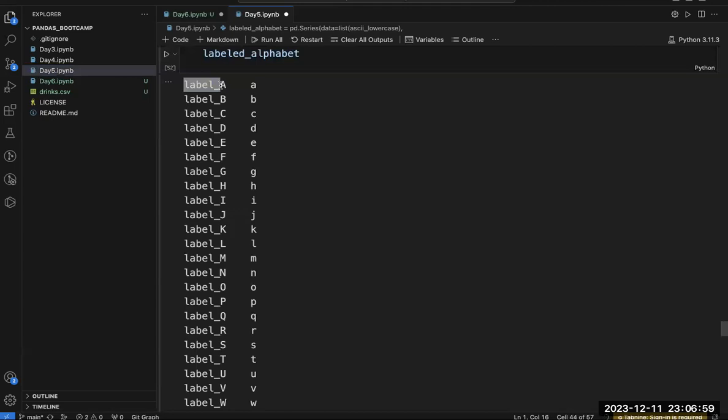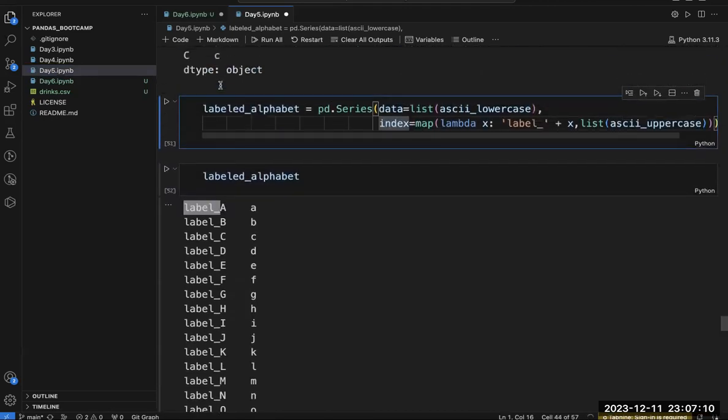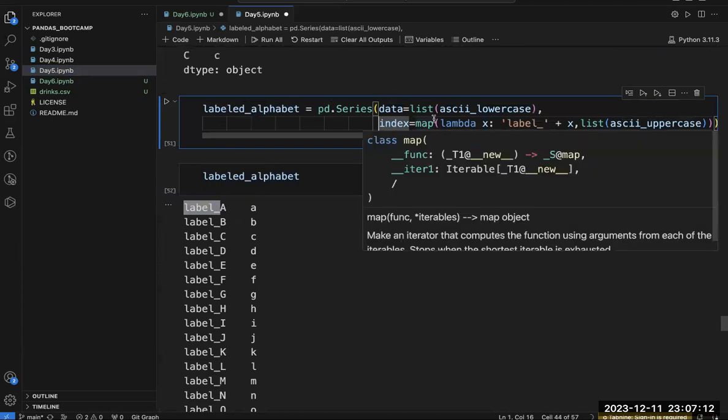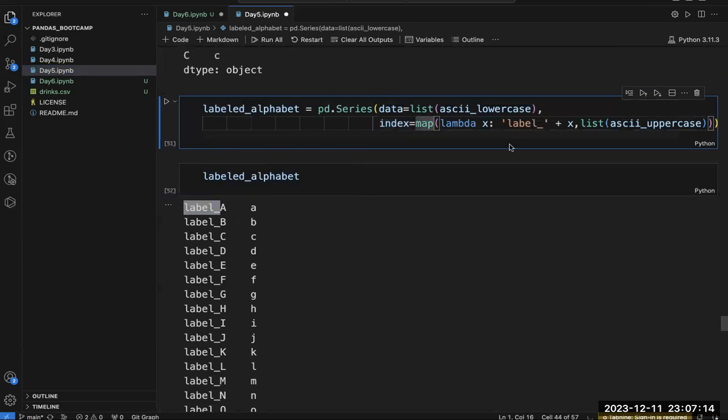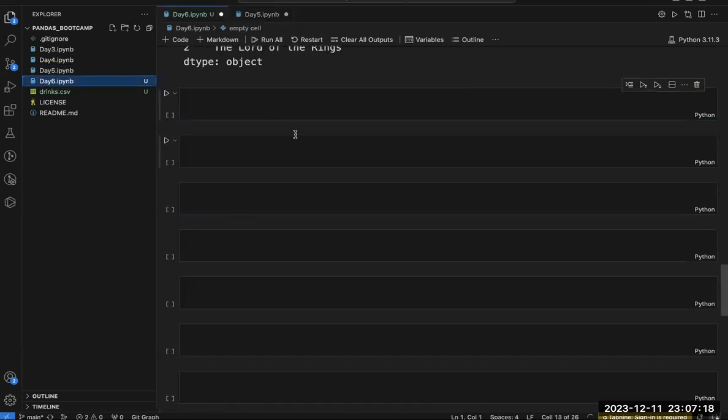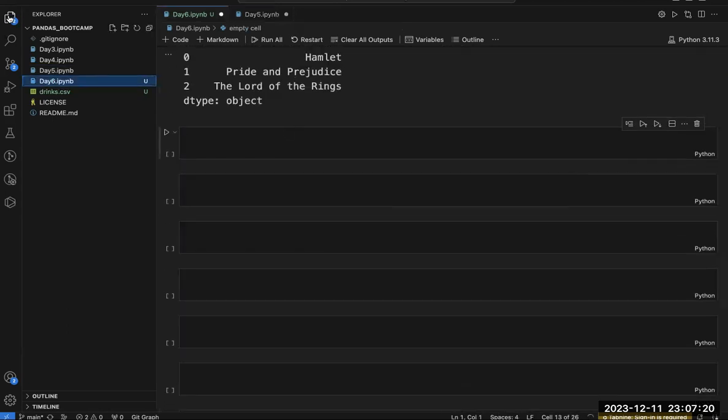There is a very simple way to achieve this with the help of pandas. Here, I achieved it with some other method, using this map and all these things. Now, let's see how we can achieve the same thing with simple code in pandas.